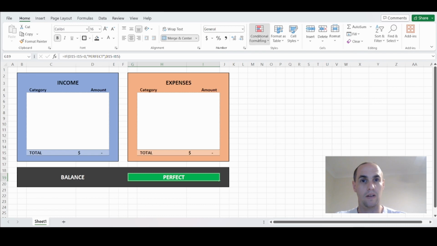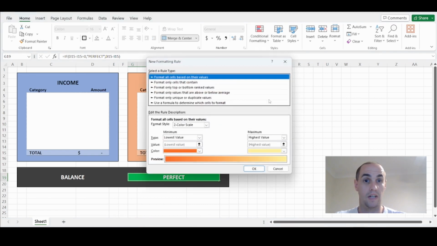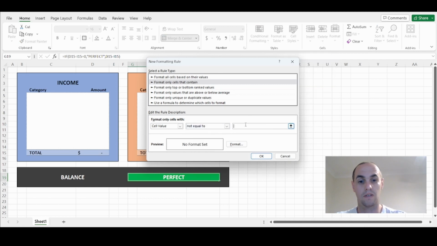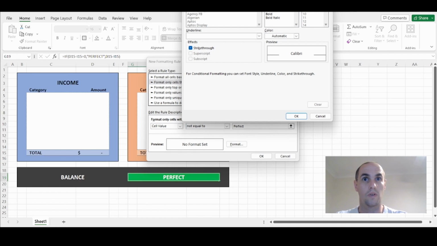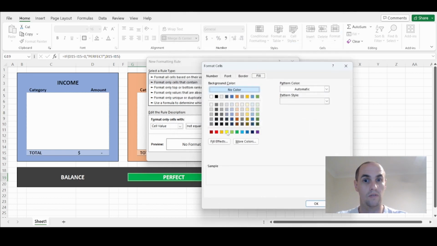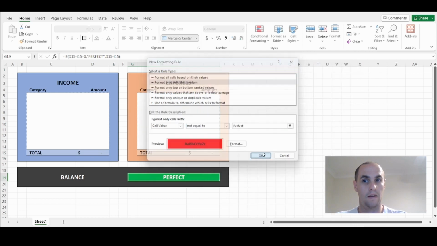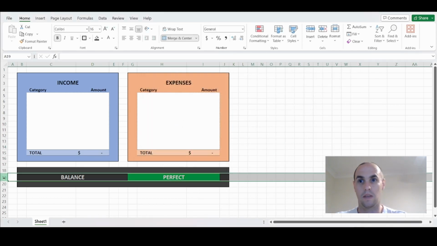And then let's add another rule in here. If not equal to perfect, then we want something else to happen. What do we want here? Let's make it red and bold. Okay,